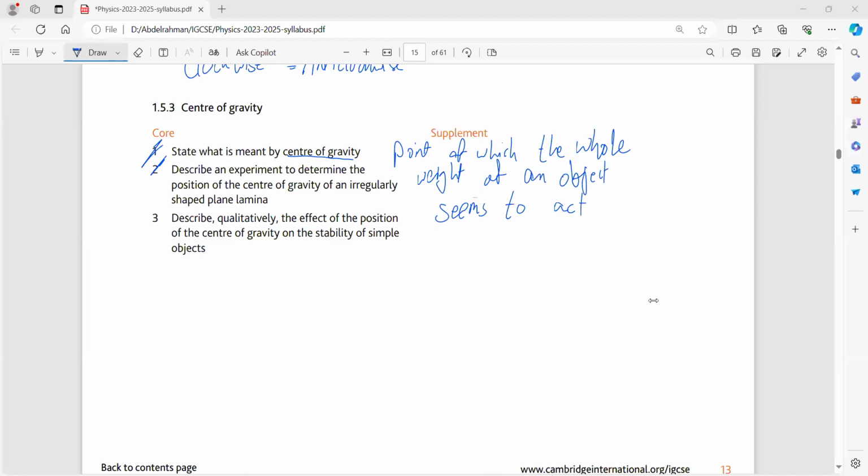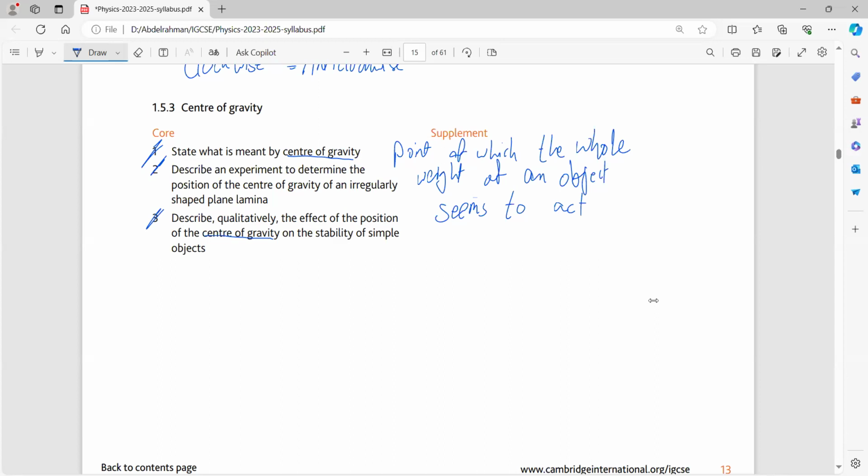Describe qualitatively the effect of the position of the center of gravity on the stability of objects. Again, the stability: how did we describe if an object was more stable or less stable? If the center of mass was up, as you increase the distance of the center of mass above the ground, the stability would be less. Whenever you decrease the distance between the center of mass or center of gravity and the ground, the stability would